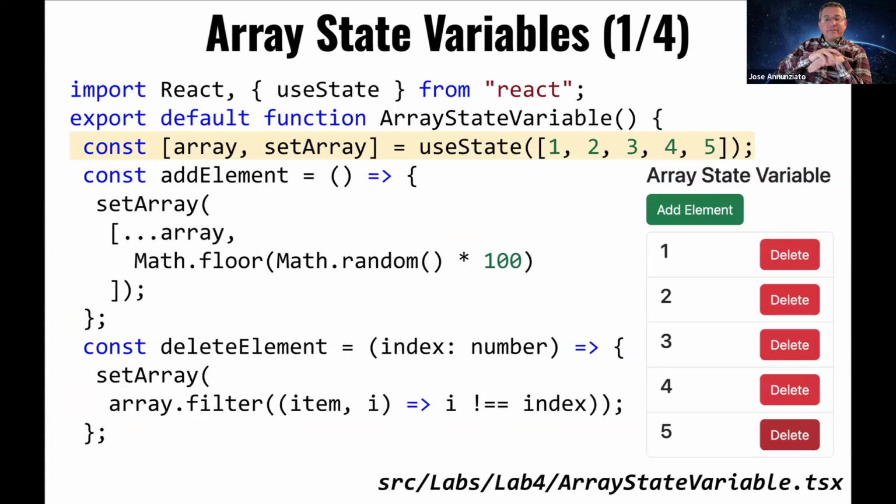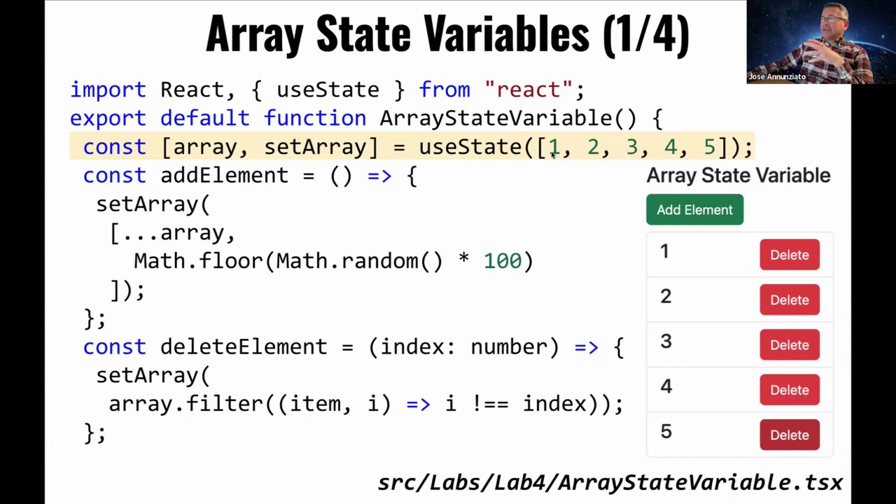Okay, let's look at an even more interesting data structure, an array, right? An array is a linear collection of values that have a very well defined first, second, third, in a particular order, right? It collects all these items. And we're already seeing examples of iterating over arrays, where we can display each line item. But in this case, we should be able to modify the state, right? So here we have an array,